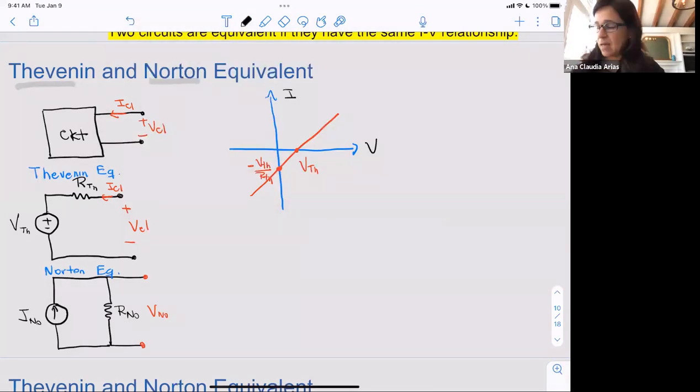We say that, okay, V element is equal to our V open circuit, because what we did, we set I to 0, right? So if you want to write a set of rules, we can say the first thing that we're going to do to find this equivalent,